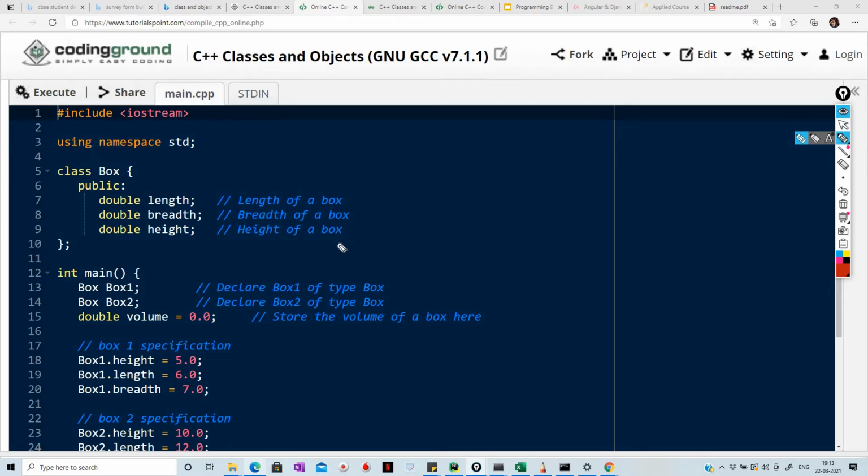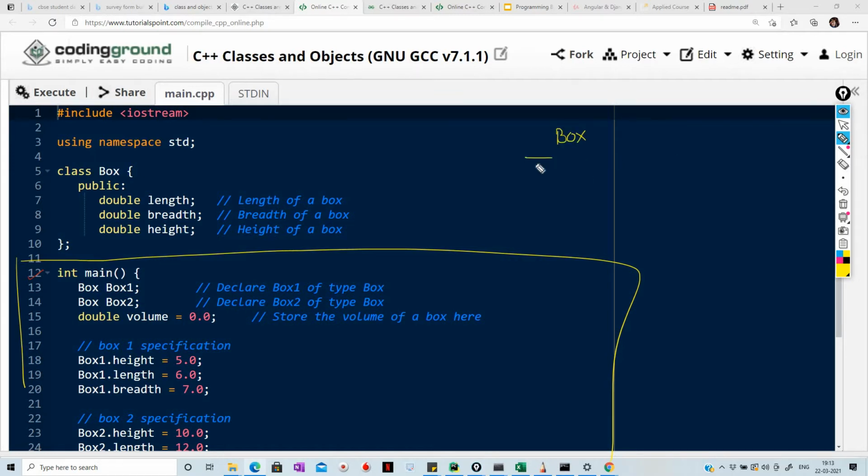As we know, programming will always start with the main. Okay, so don't read anything, just forget everything. We have to create a class, because box is a class, and this class has the common properties. कोई भी box है, every box has common properties. That is, every box has a length, every box has a breadth, and they have height.